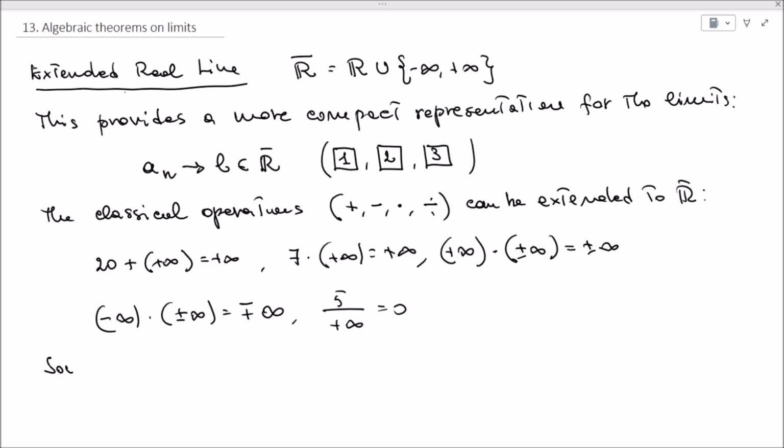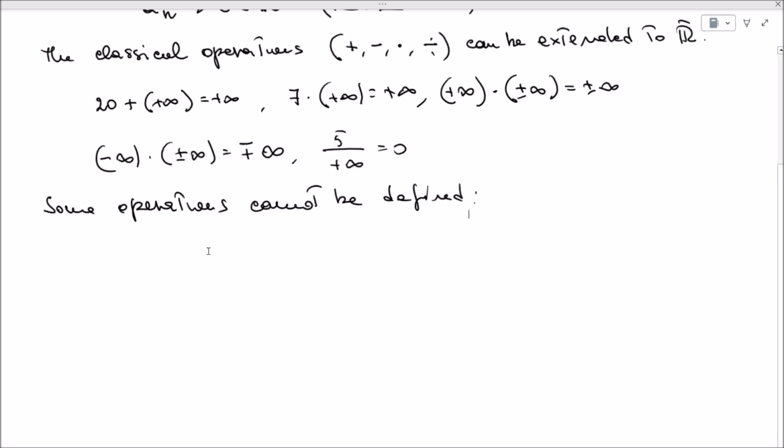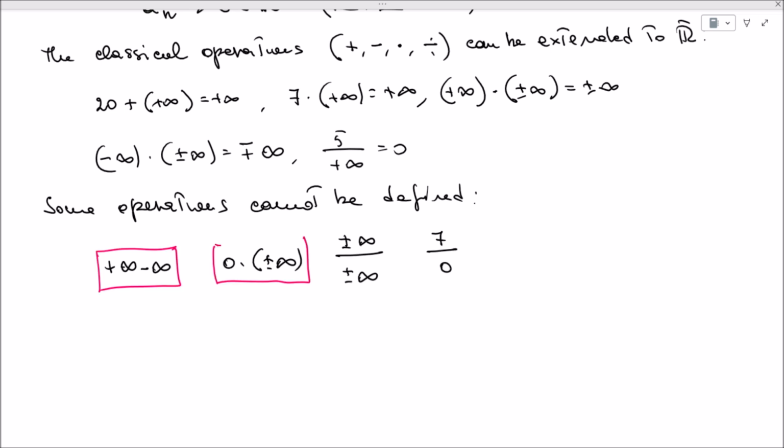There are some operations, however, that cannot be defined. And these operations are plus infinity minus infinity. This is undefined. 0 times plus or minus infinity, multiplying 0 by plus or minus infinity, or dividing plus or minus infinity by plus or minus infinity, or dividing a number 7 by 0. All these remain undefined. So that implies that in those cases we need to devise a new method to find the limits. This doesn't mean that the limit does not exist. It is only that